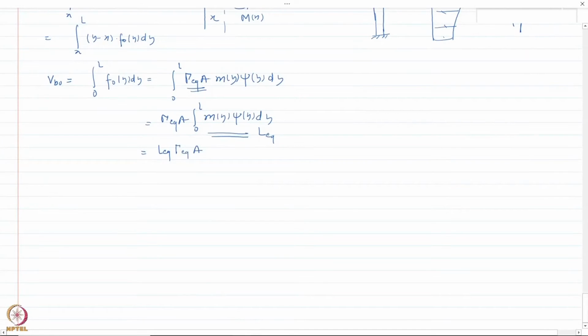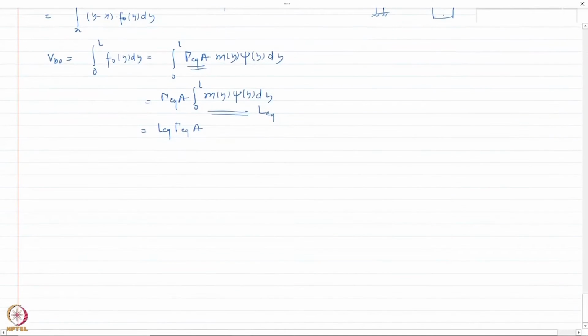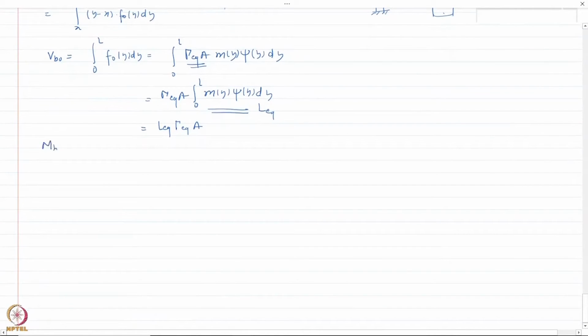Okay, this is the expression for the base shear. Similarly, the base moment I can also write down: M_B0 is equal to the integral from 0 to L of y times f_0(y) dy. And again, when I substitute this, I would get some L equivalent dash times A, where L equivalent dash is actually